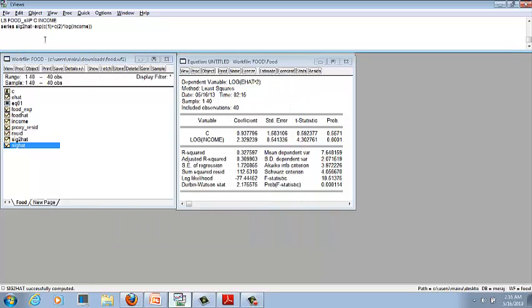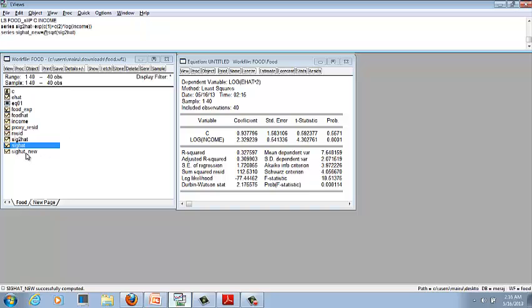Now we're going to create another series, that is sigma hat new, and this series will be the square root of sigma 2 hat. So just series sigma hat new is equal to @sqrt of sigma 2 hat.